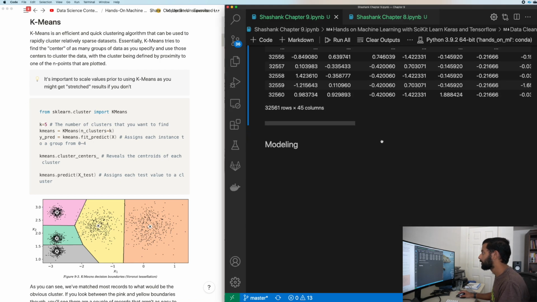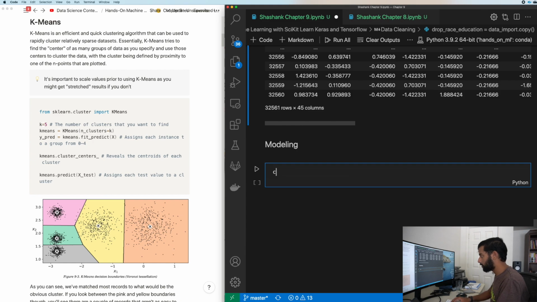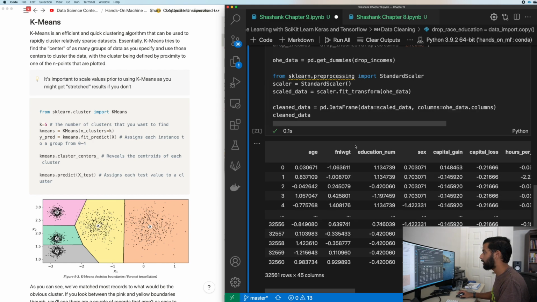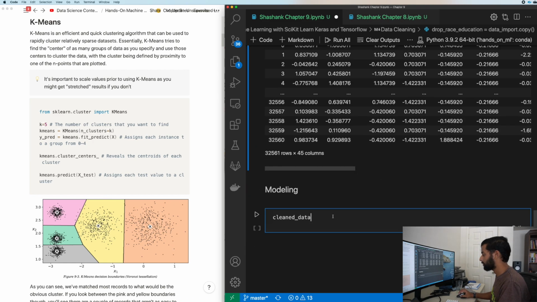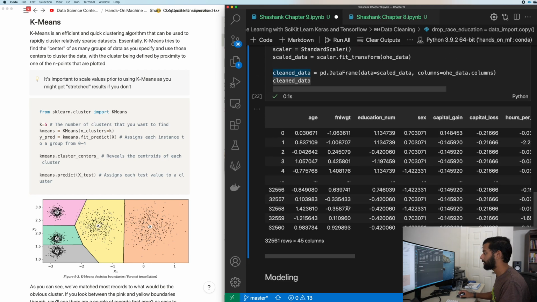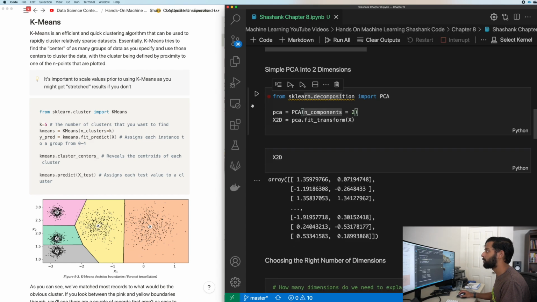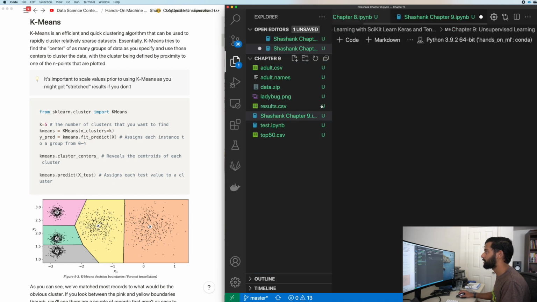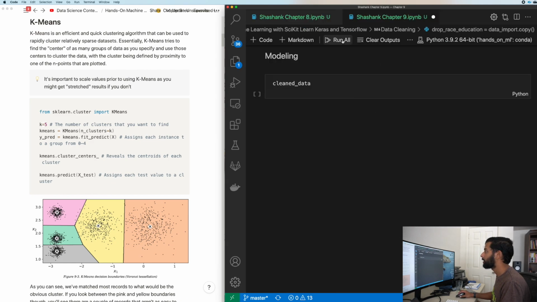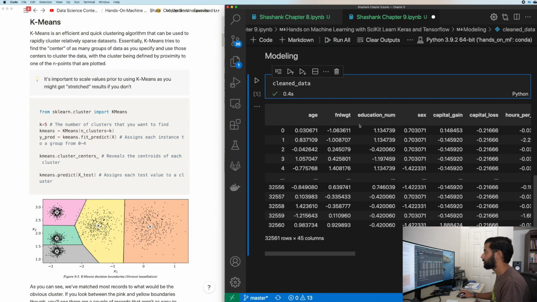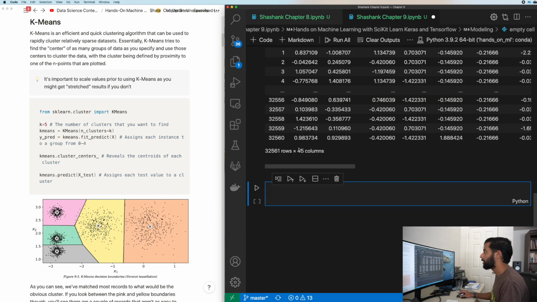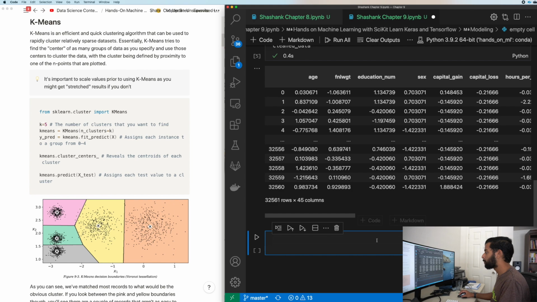So let's go ahead and import our data. I think clean data is the data we are looking at. Our Jupyter Notebook's glitching out. Occasionally, for some reason, my Jupyter Notebooks glitch out, and then I have to restart them. Luckily, the data is small enough that it's not going to take a long time. Okay, cool, so we have our clean data, and let's go ahead and import Scikit-Learn.